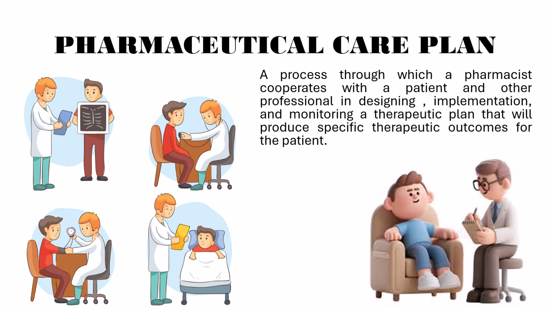The patient has to monitor his own condition. The pharmacist has to tell the patient how he has to do it, what are the points he has to check. If a BP patient is there, he has to check his BP. It's not like after 6 months or 1 year, but when, how frequently, all these details. Then implement and follow up the pharmaceutical care plan.